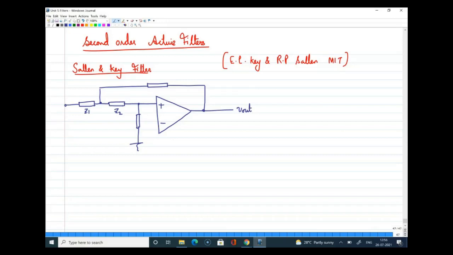Now the general structure is that we will configure this as a unity gain. So we will just connect the output back to the negative input, right? Now you will ask why we are having a gain block and still using it as a unity gain structure. Depending on how much passband gain we need, we can try different ways of getting that gain. That also we will see in today's class.